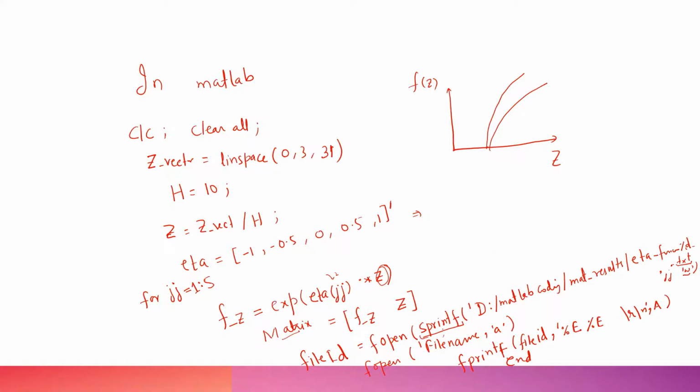And now we will just fopen the file name. So this file name that we have given, it will just take from there. And again fprintf, we are writing a command to printf, so file id, and this %e is just replicating this. So this value would be stored here in this fashion. And then we will end it.